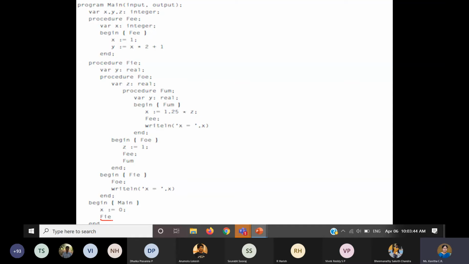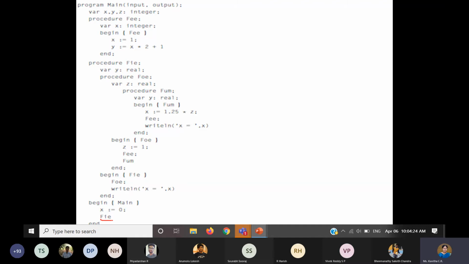I have told some things about these procedures and how they are called. Okay, students, at this stage, can you answer what is the first function that is called in the entire code? Please answer. Main function, ma'am. Okay, you start from the main. Then after that? Procedure FIE, ma'am. Okay, FIE is the function.